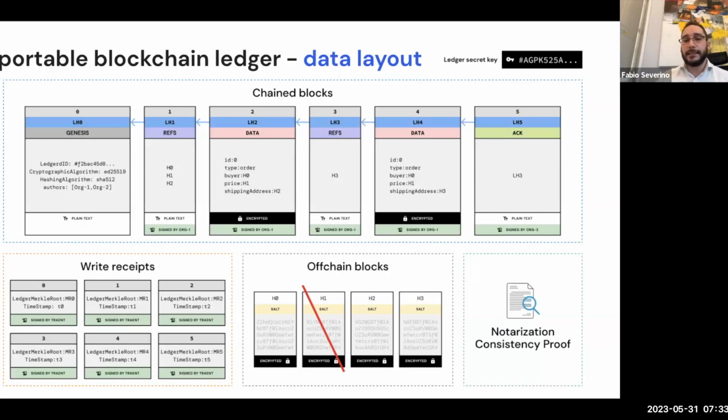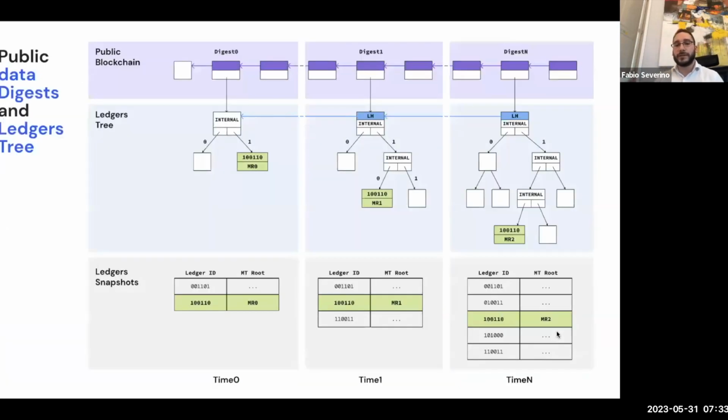and this allows us to be real time. Alongside the chained blocks and off-chained blocks, we have other data and metadata, but the most important data that we have is the notarization consistency proofs. This is the proof that is created by the notary. At regular intervals, the notary creates this huge proof that is basically gigabytes and gigabytes of data. But remember, this proof is not stored on a public blockchain, it's stored on a public storage,